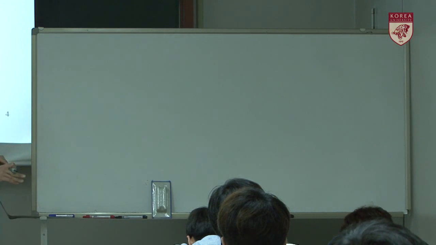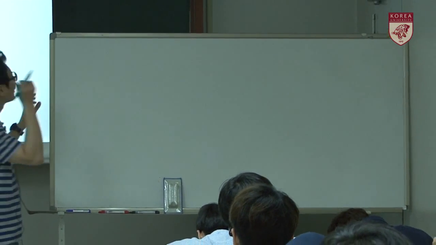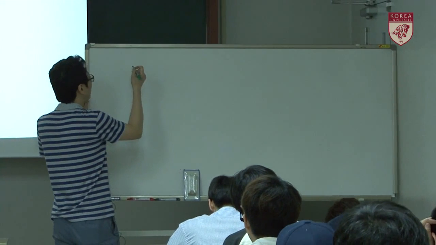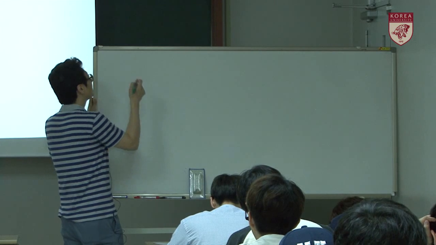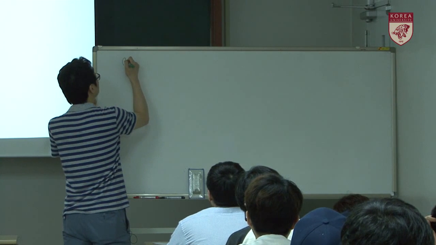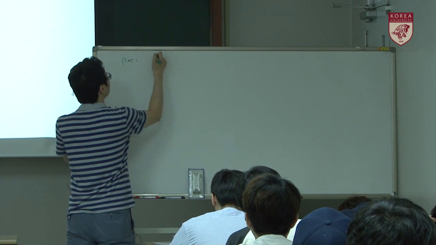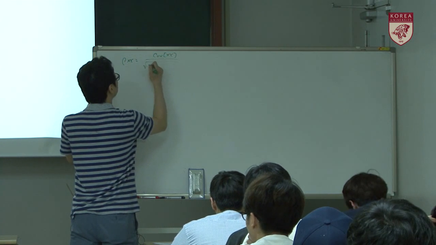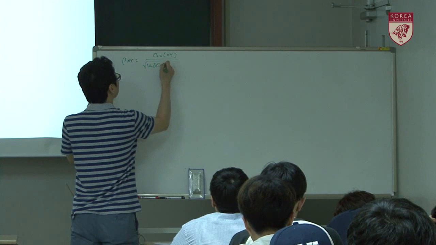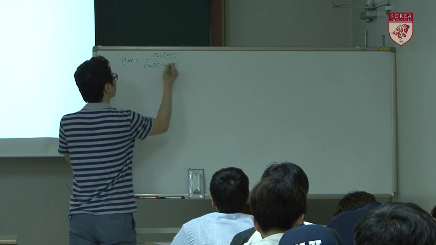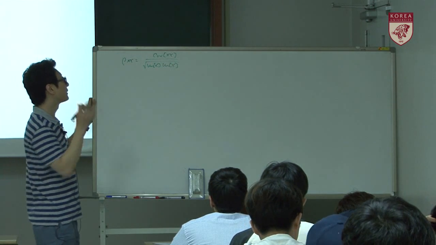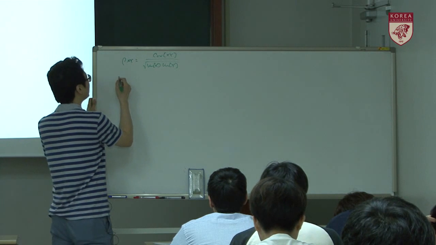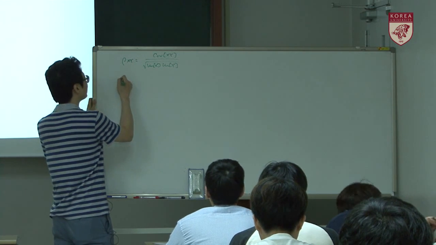Okay, so let's check some of the important properties of the correlation coefficient. Again, the correlation coefficient is defined by the covariance of x and y divided by the square root of the variance of x times the variance of y. So first, let's think about the correlation coefficient between